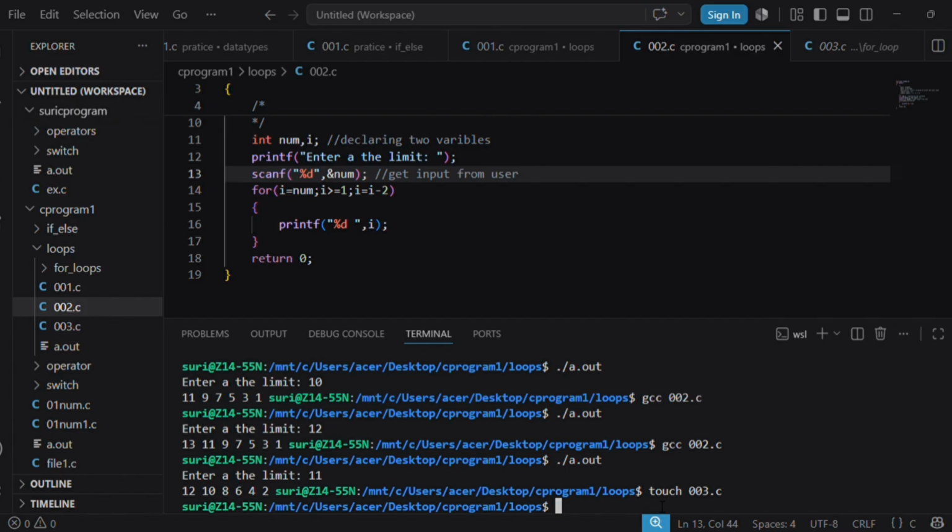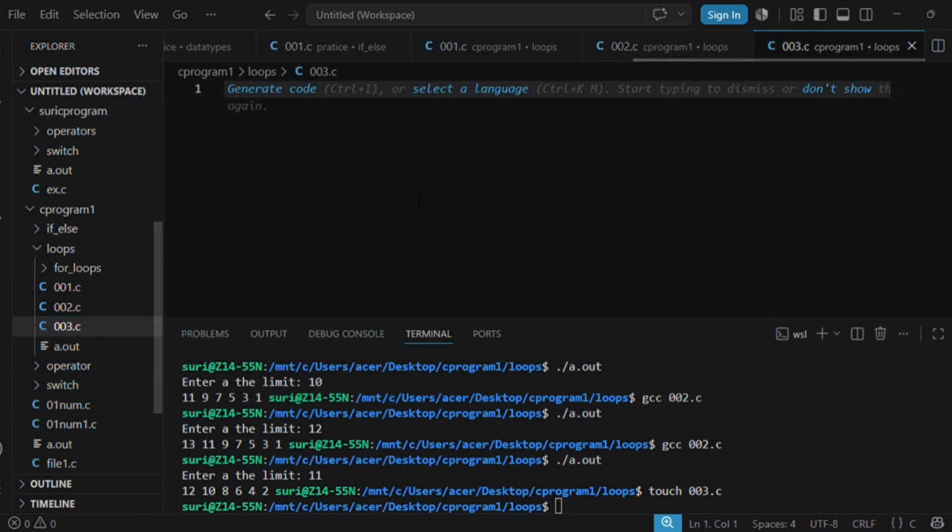So for this, the question I am choosing means we used to multiply two numbers like this, right? 2 3s are 6, but I don't want to multiply like this. How can we multiply? With the help of a for loop.